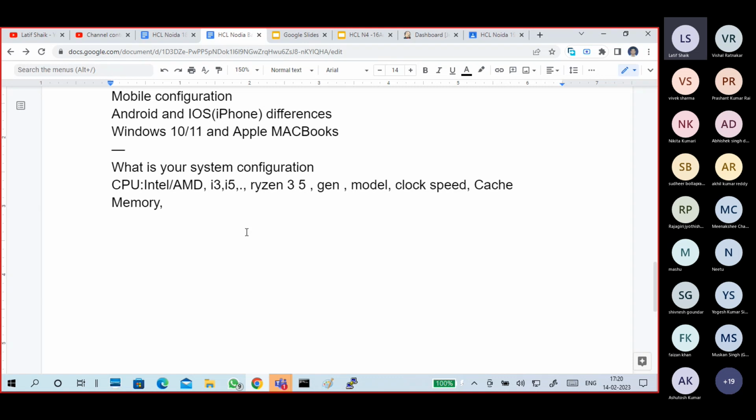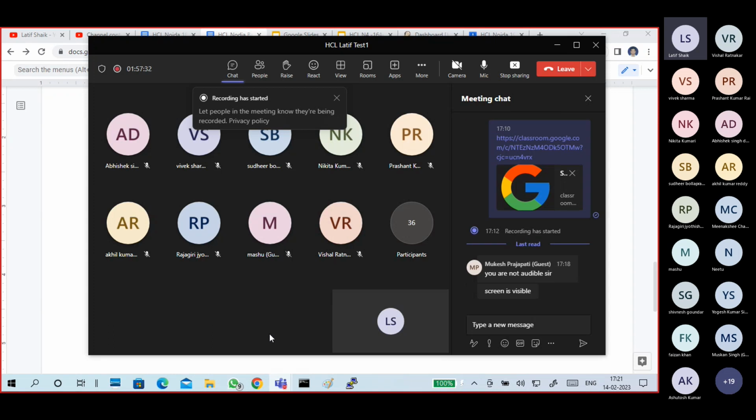Number of cores: nowadays most processors are multi-core, at least 2 cores. A single processor has multiple cores, like when you purchase a mobile, it shows.